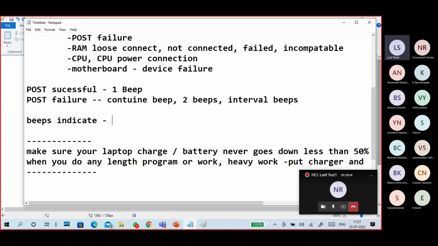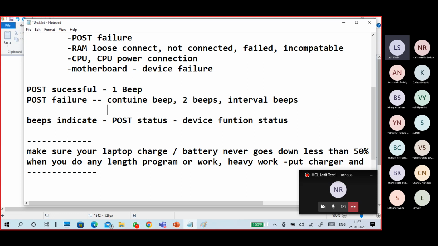Beeps indicate post status, meaning device function status. Make sure every device is working good or not. So continuous beeps are there, two beeps are there, some interval beeps are there. So you have to go to